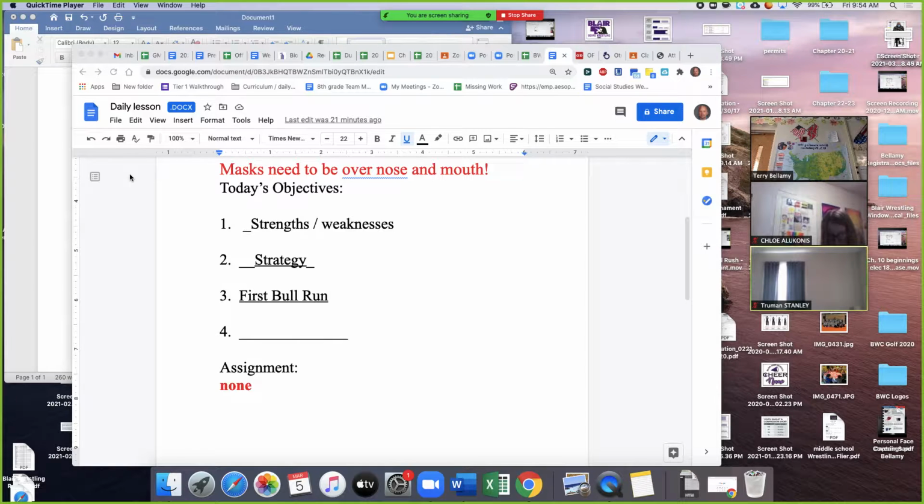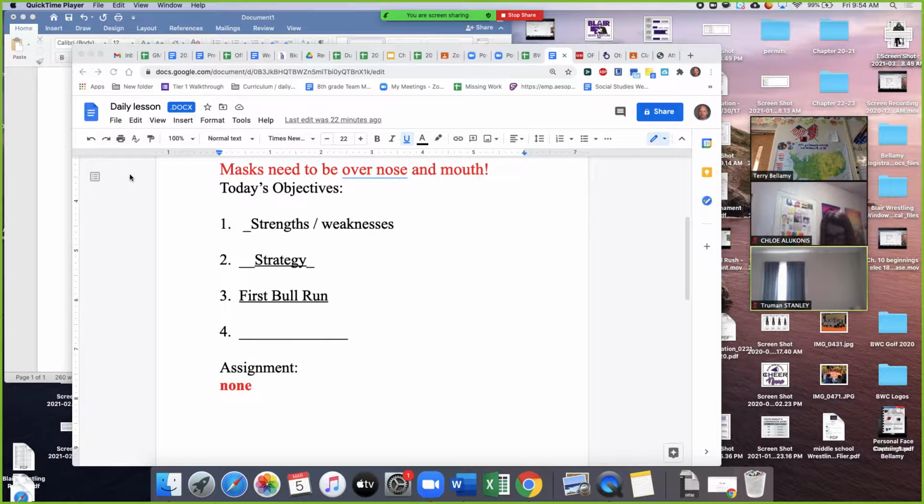Anytime you've played a sport, your coach has a strategy to defeat the other team. If it's football in high school, Coach Sokup has probably watched the other team on tape four or five times before they actually play them, so he knows where their strengths and weaknesses are. Again, that goes back to the first thing we'll cover today, the strengths and weaknesses of the Union and the Confederacy. You have to take advantage of the enemy's weaknesses while trying to nullify or stop the enemy's strengths. That's how you create a strategy.